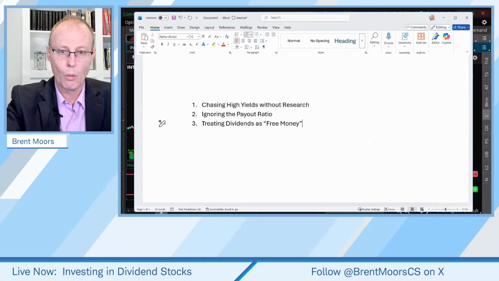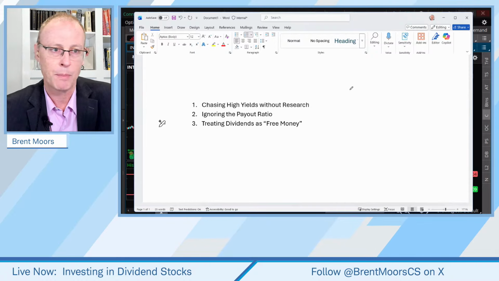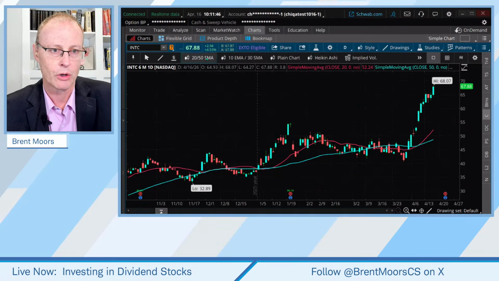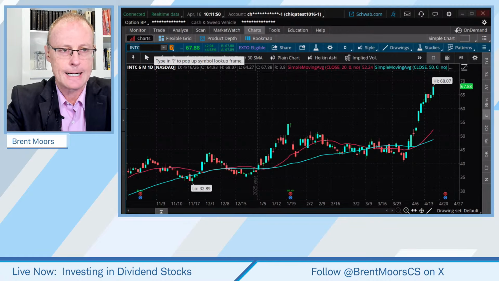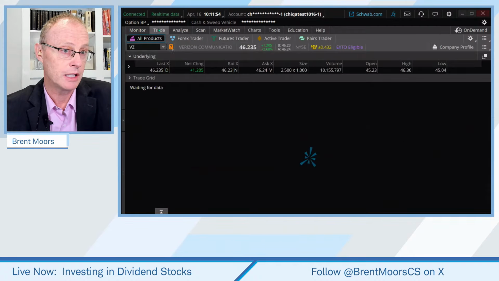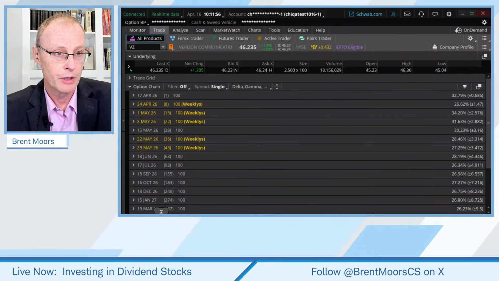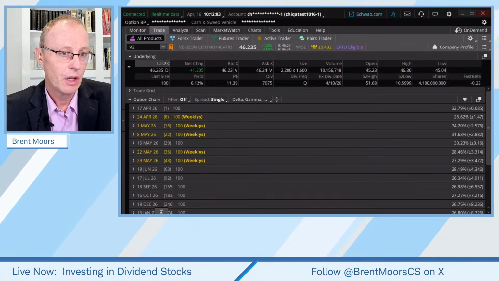When a stock comes out with a dividend, let's find a stock that pays a pretty good dividend here. Let me go a little shorter term on this. Let's say Verizon. Verizon pays a pretty good dividend. If you ever want to check the dividend, you go to the trade tab. You can click right here, 6% yield. When Verizon comes out with a dividend, you can see this here.